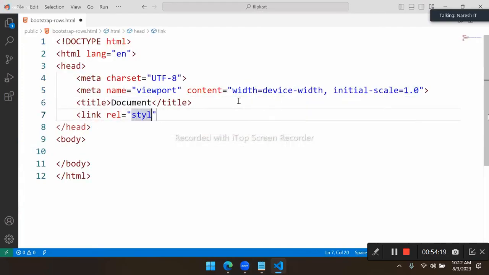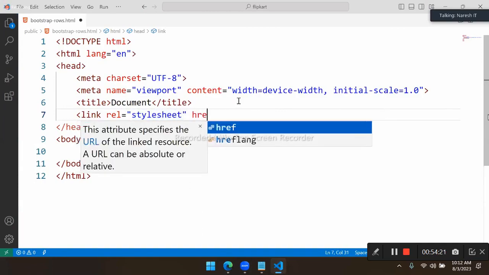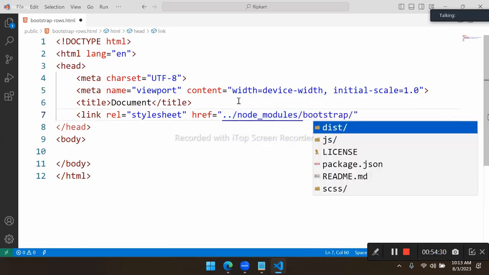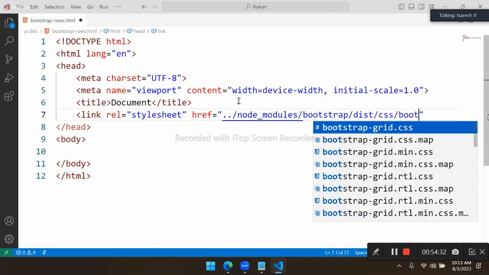So stylesheet and href, node_modules, bootstrap, dist, css, bootstrap.css. Okay, make sure the body has container-fluid, and in this now let's create